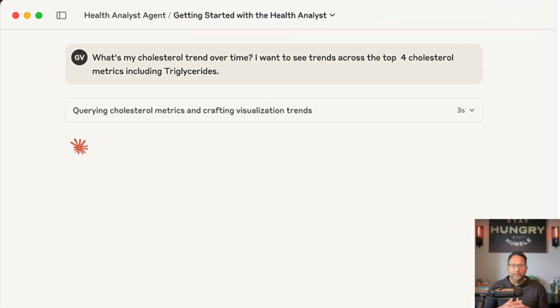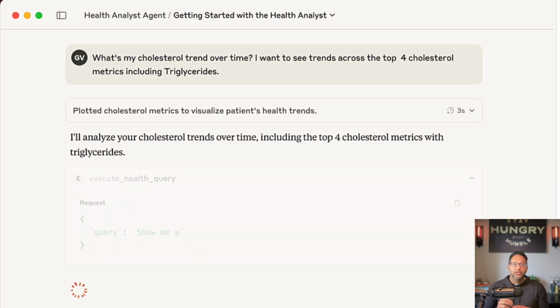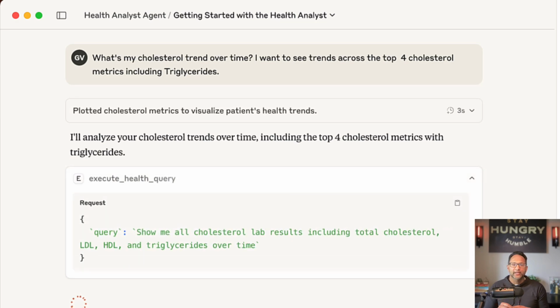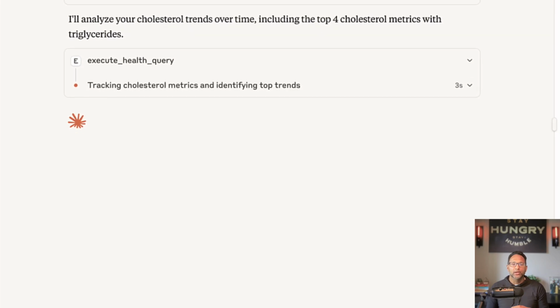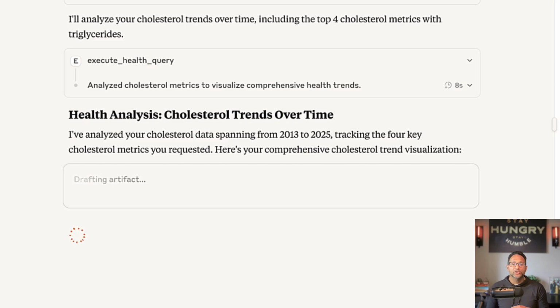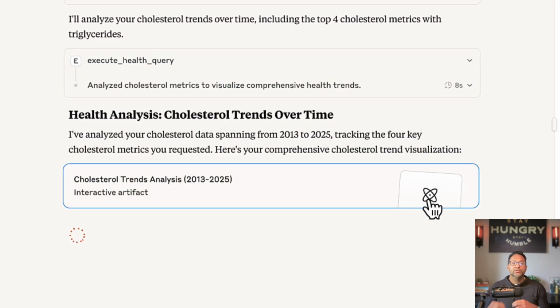Notice something important. While I only mentioned cholesterol and triglycerides, the agent enhanced my request to include all key cholesterol metrics, total cholesterol, LDL, and HDL. This demonstrates the agent's intelligence in not just post-processing analytics, but pre-processing the request to provide comprehensive answers. The agent calls the Execute Health Query tool, coordinates with Cortex analysts to generate the SQL, and returns results for